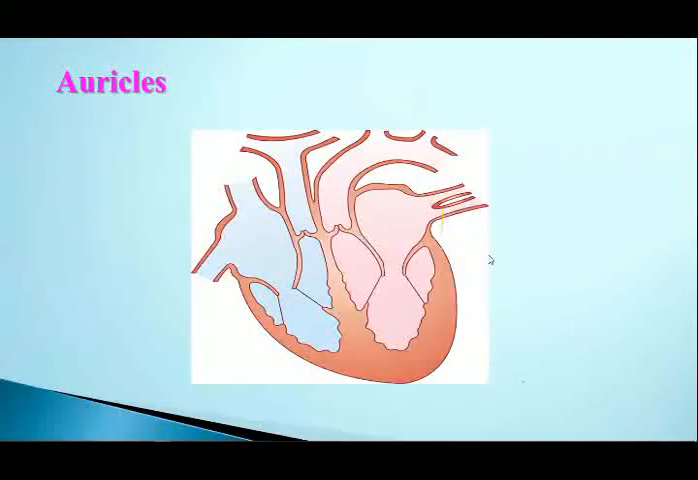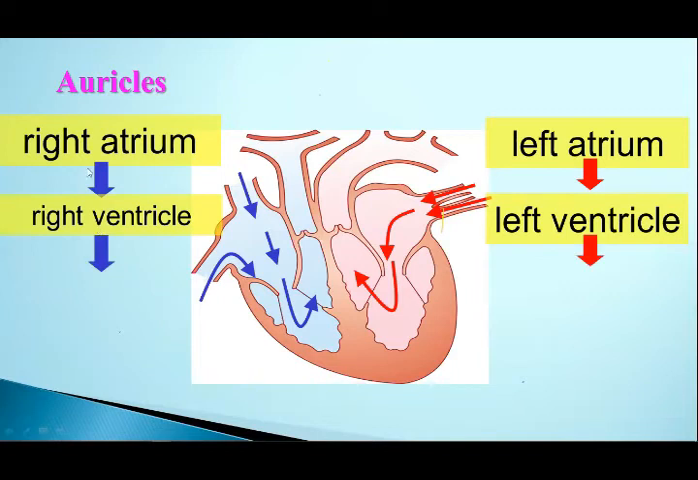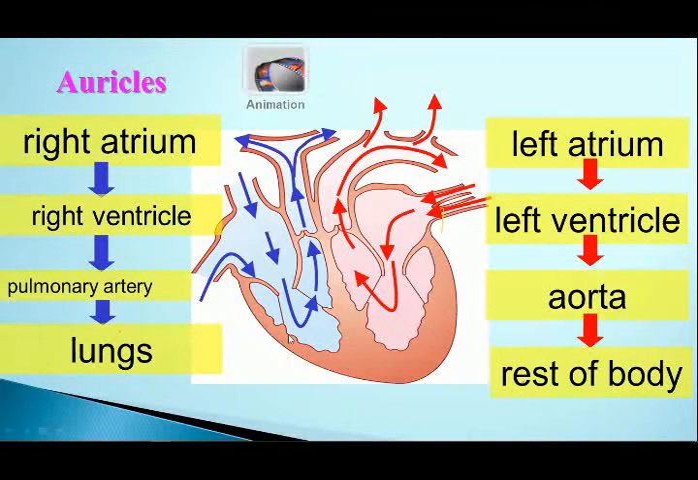Now, let's talk about the auricles. The auricles are basically receiving the blood. This side you have the right atrium, this side you have the left atrium. Now you can see it pushes the blood, due to its contraction, into the right ventricle and the left ventricle. And after that, the blood enters, due to the contraction of the ventricles, into the pulmonary